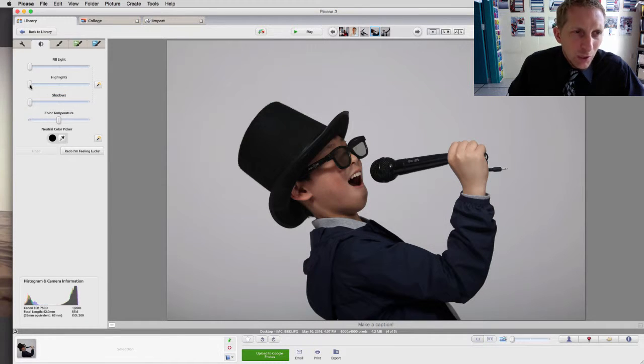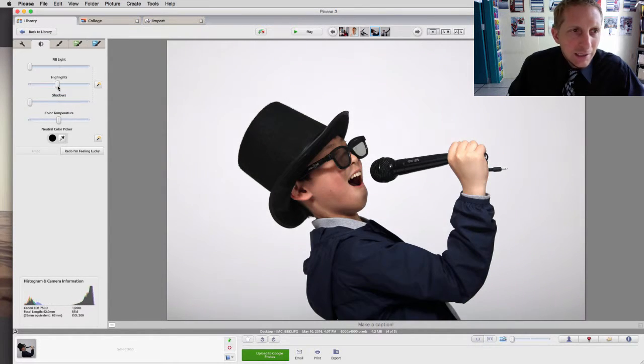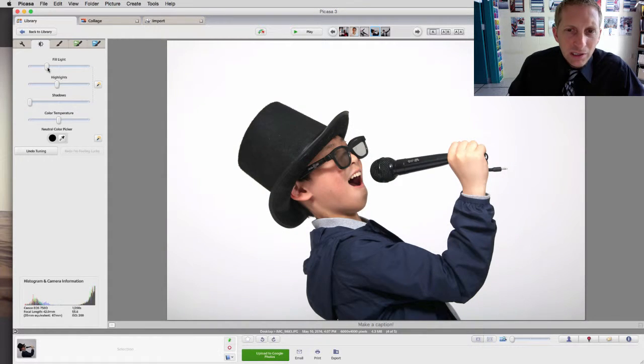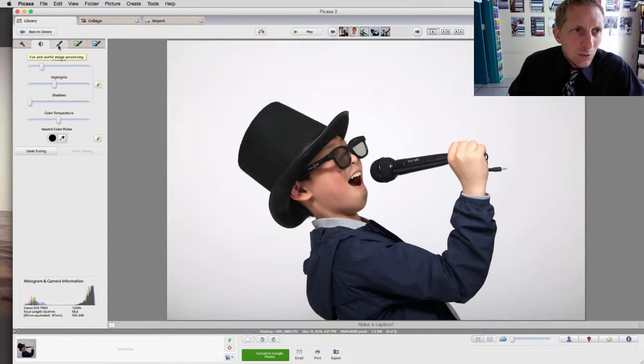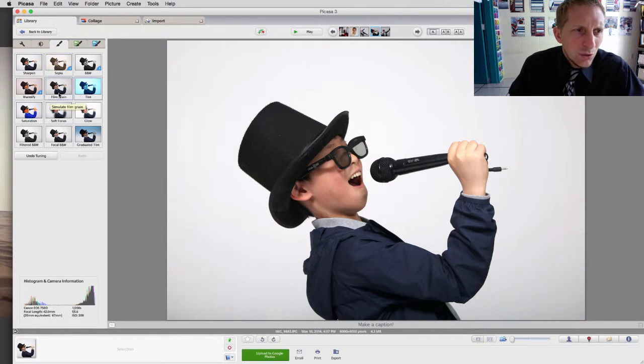And you can actually go in and change like the highlights. You definitely don't want more shadows. You may want more fill-in light, like so. So you might want to adjust accordingly. The color temperature, I wouldn't touch that. If you do touch it, you can Command Z and it'll reset, and you can get it to the way you want to. You don't really need to